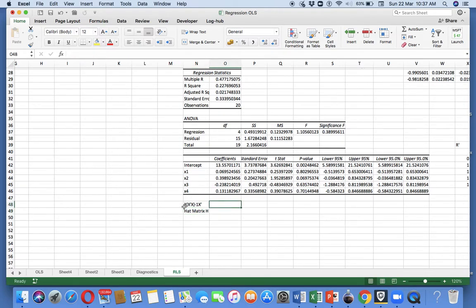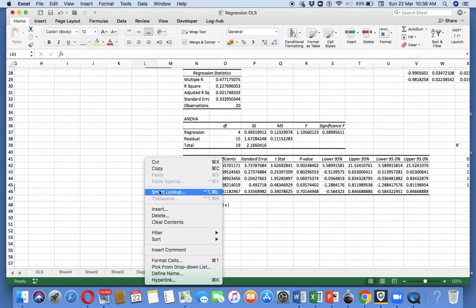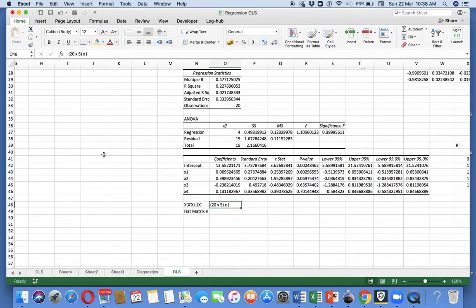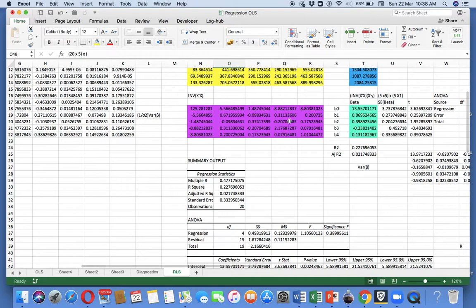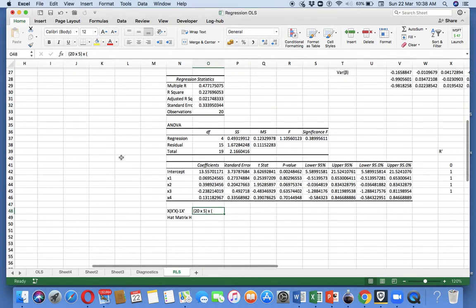We know X, the dimension of X. The dimension of X is 20 into 5, including the column of ones. Right? So this is X. So I'm going to multiply this with X transpose X inverse, which is 5 by 5.